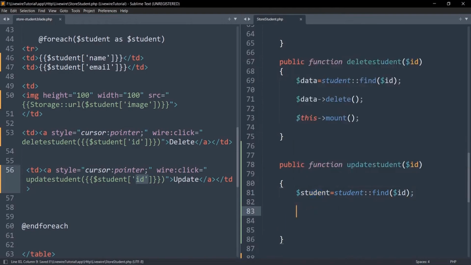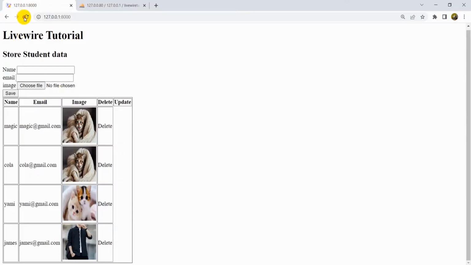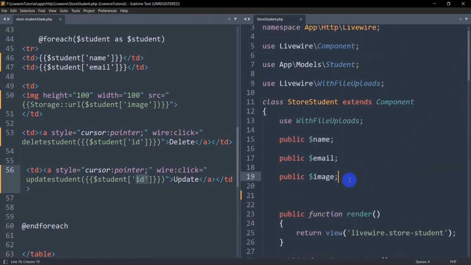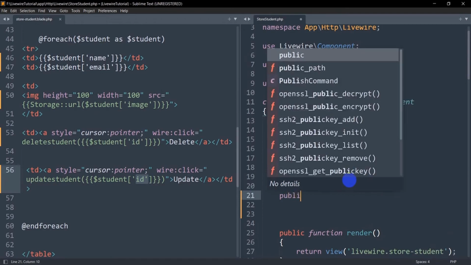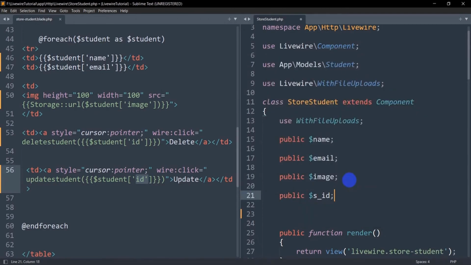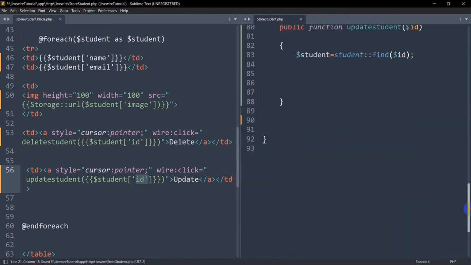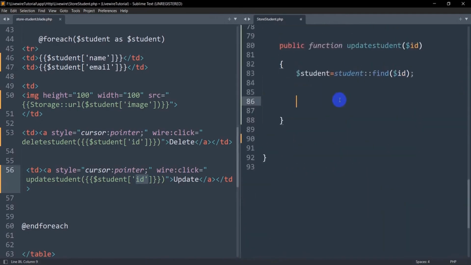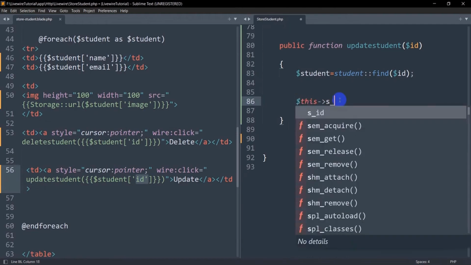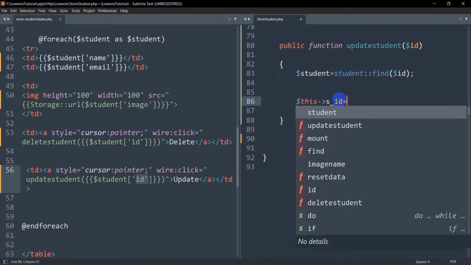But before that, let me just refresh here. If I refresh, you can see we have the update option. If we click update, we want to get the ID first. So for that, let me go to the top and declare a variable here. We'll say public $s_id. Then we'll go down, and here we'll say $this->s_id equals